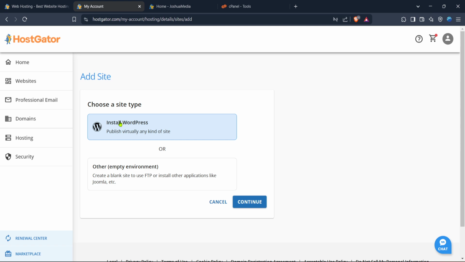This will take you to a new screen, prompting you to choose a type of site you want to build. Here you are going to select Install WordPress. WordPress is the most popular content management system in the world, powering millions of websites with its flexible options and user-friendly interface. Now, as you click Install WordPress, HostGator will handle the technical side of things, like setting up databases